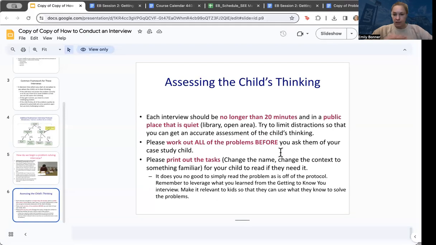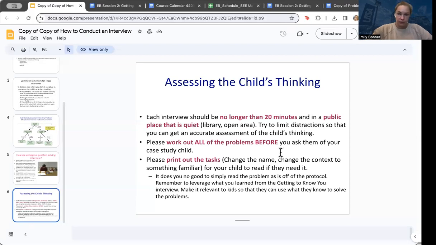And then this is the last thing. I've talked about these a little bit already, but it should be no more than 20 minutes. Most of the time they take a lot less time than that. You'll want to make sure that you have gone through the problems yourself so that you know which direction you need to go on your decision tree, and you know kind of what you're looking for. And then you can print out the tasks. So if you need to change the context, you can. So if you have a kid that loves Pokemon or something like that, you can always change the